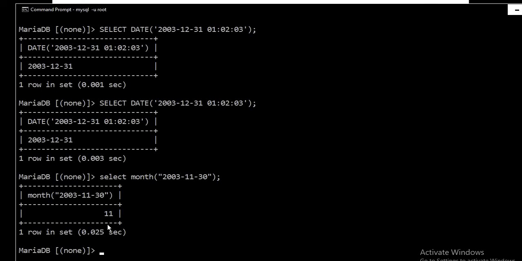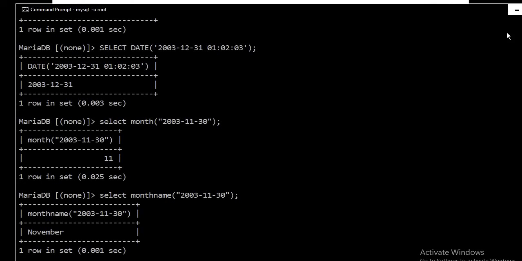So similarly we can also find out the month name also, and just press enter here, and you will find the month name. In this particular date, the month is 11th and the name of the month is November. So if you change this one,